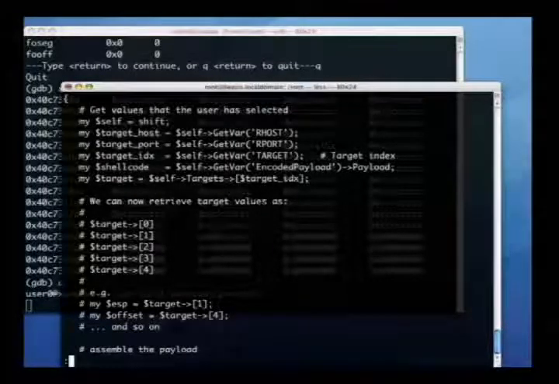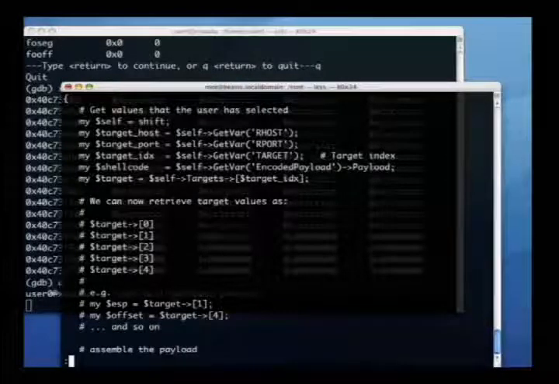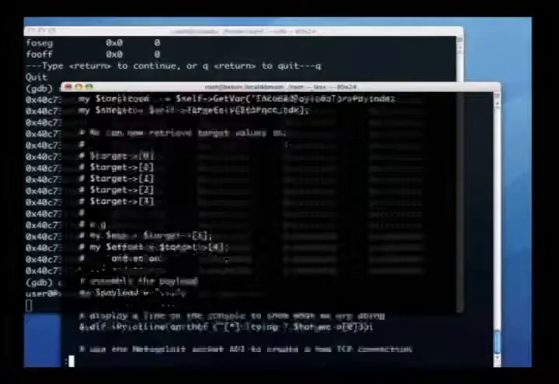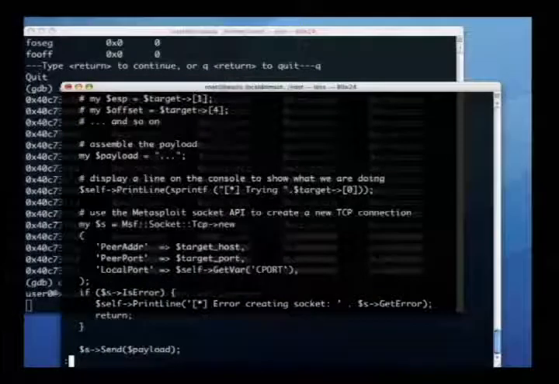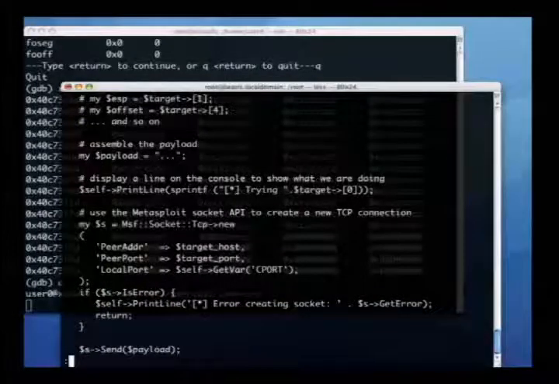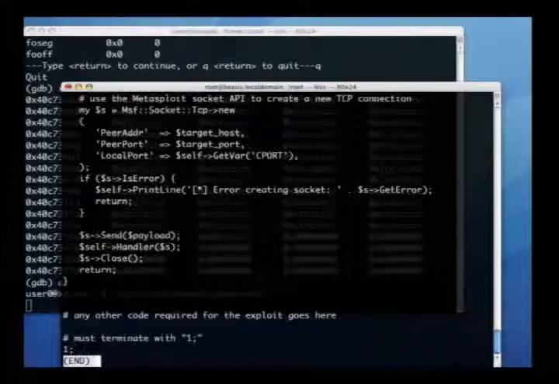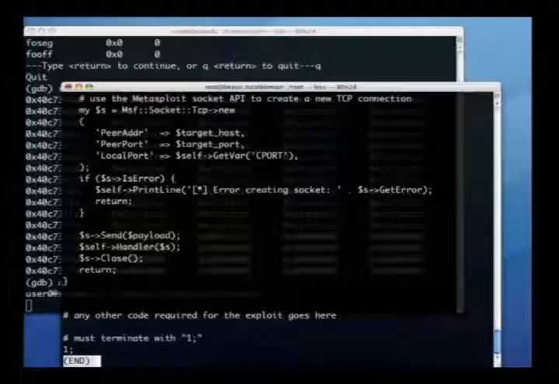Pull off stuff like what's my target host, what's the target port, what's the shellcode chosen by the user. Later on, you construct the payload, and then you open up a socket, launch the payload, wait for a handler. This is the basic construction of the exploit module.